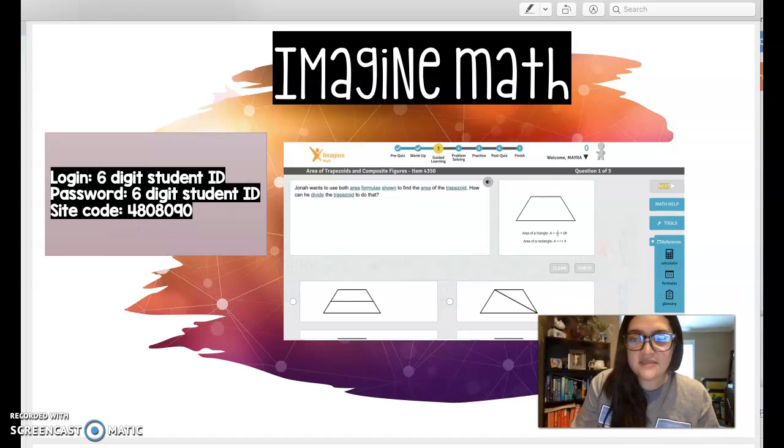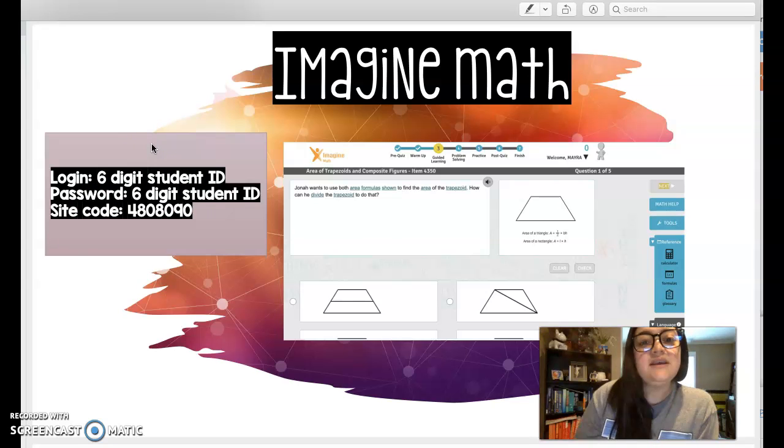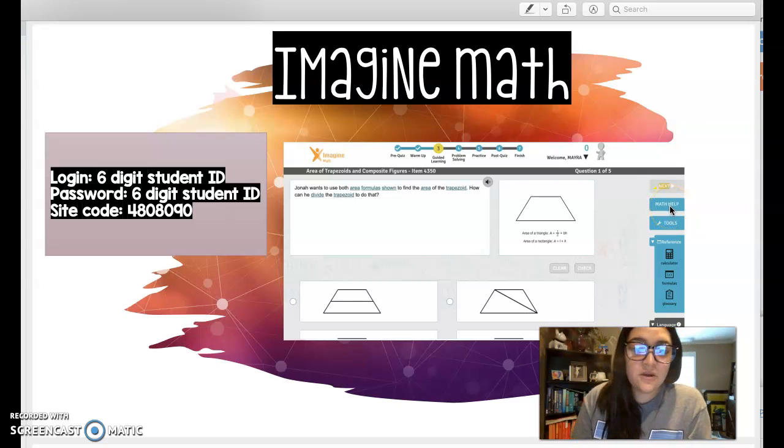So this is what you need for Imagine Math. You have your login information right here. Take a picture of it so that you have it. This is an example of what your screen will look like. And if you look over here on the right-hand side, you have this math help. If you click on that, you will get help from